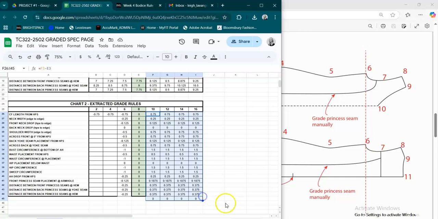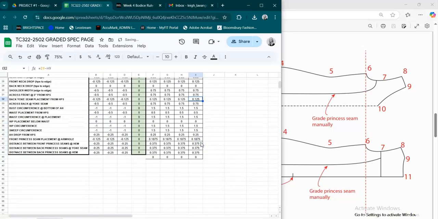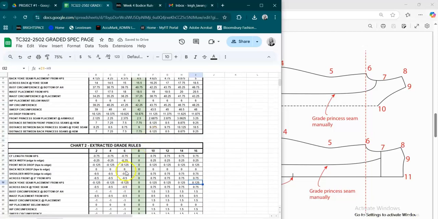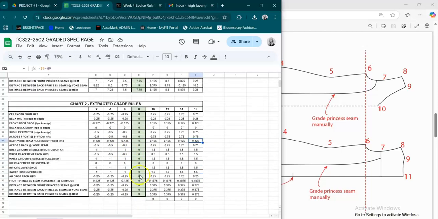I'm going to do the same thing here and drag these down. So basically what this does is calculate the difference between sizes for each point of measure. I'm then going to translate these into my graded spec, my grade